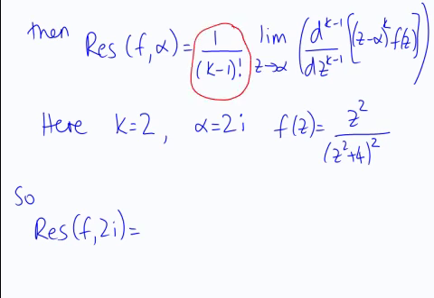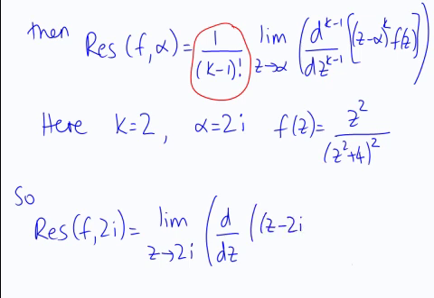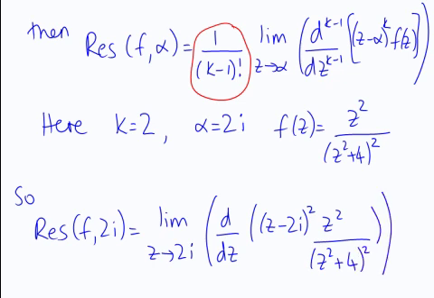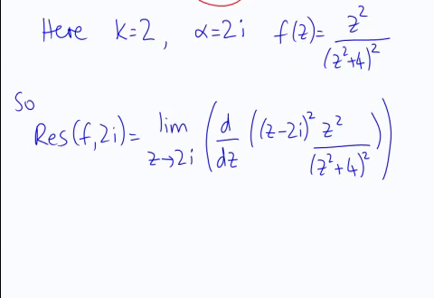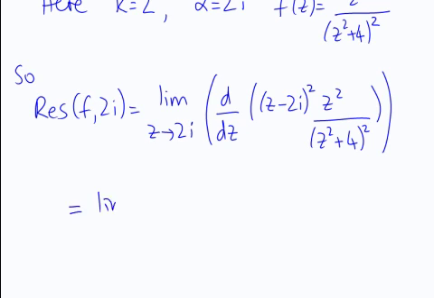I'm looking at this first bit here. Well, k is 2, so that's just 1 over 1, which is 1, so I can forget about that. It's the limit as z tends to 2i of, and again if k is 1, that's just the first derivative. And then what I have to do is multiply z minus 2i to the k times the function. And here you can see the fact that this singularity is going to be removed, which is what we're after in order to evaluate this limit, because I need to simplify what I'm differentiating before I differentiate it,